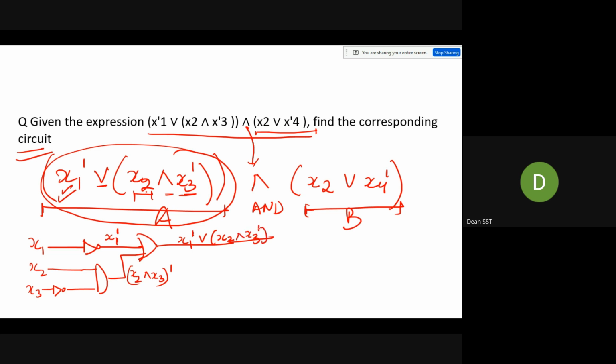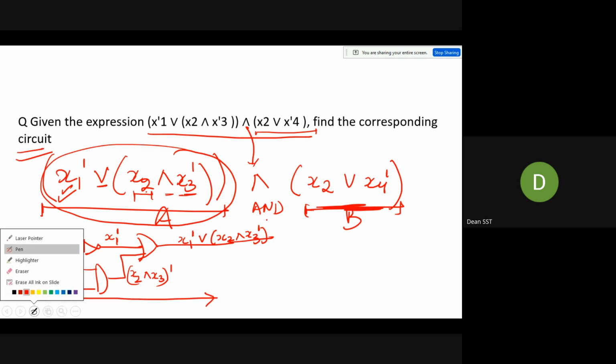Is it clear? In B part you are having x2 or x4 ka bar. So x2, you can take x2 from here, x2 and x4 ka bar. For x4 ka bar, x4,